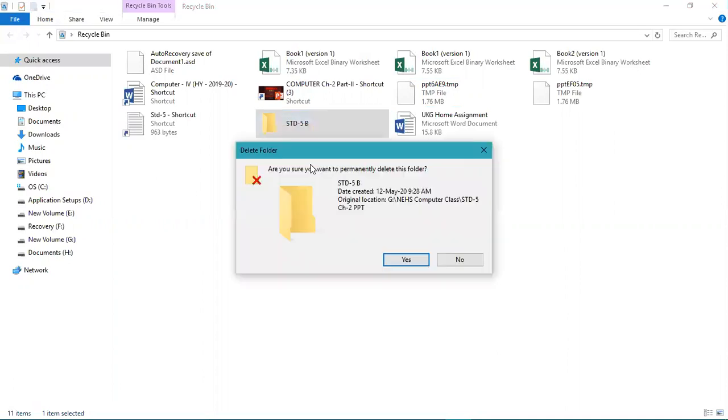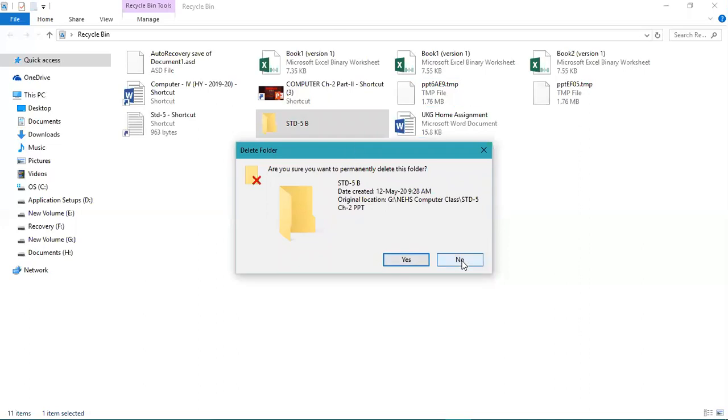When you click on the delete option, one pop-up menu will appear, which will ask you, are you sure you want to permanently delete this folder? That means if you delete it from the recycle bin, then that file will be deleted permanently and you cannot restore that file again. If you click on yes, then that file will be deleted.